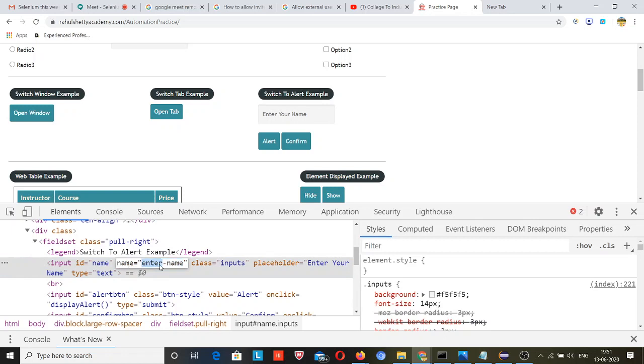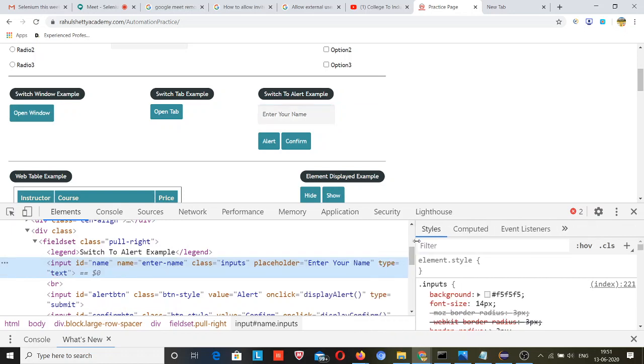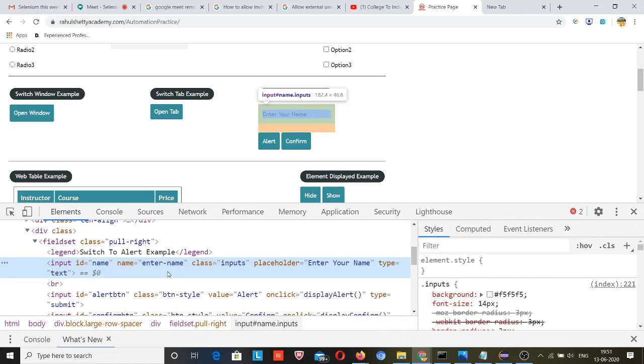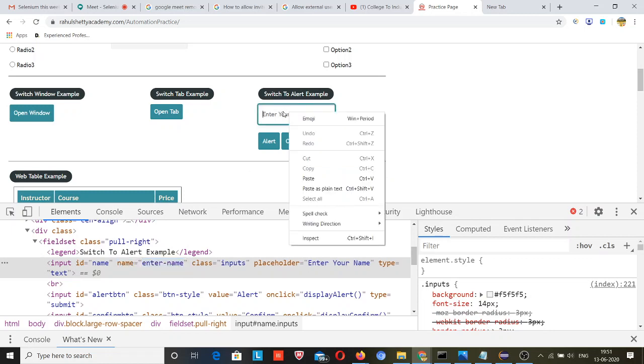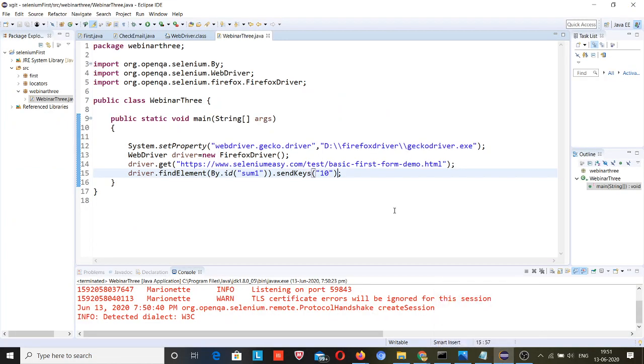Name is equal to enter name, so I can relate because this page is specifically designed for automation practice. So it will have a name for sure. That's why I redirected to this URL. I will show you by name. In this field I have to enter some value so that I can check the name, so you will relate to it further. So this was the example for the id locator.